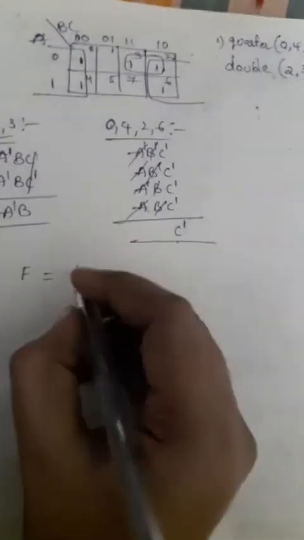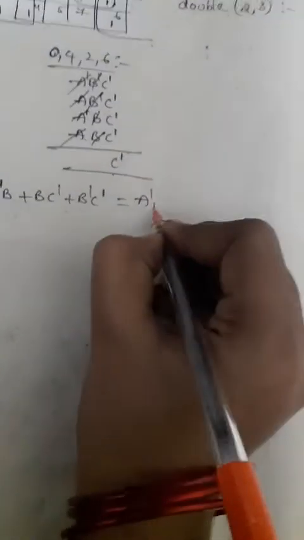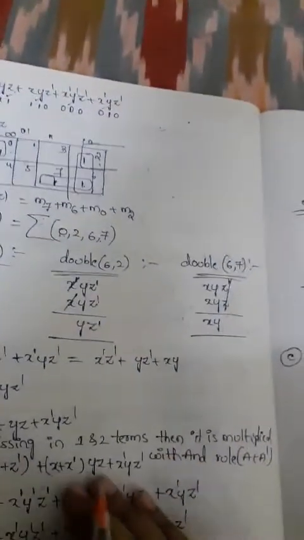So now finally the prime implicant result for this function is nothing but A complement B plus C complement. Okay, adding these two prime implicant results, the K-map result is A complement B plus C complement. So this is the procedure of how to simplify the Boolean expression using the K-map.